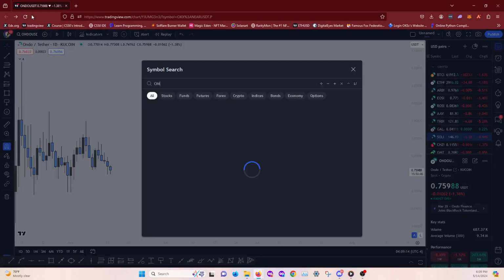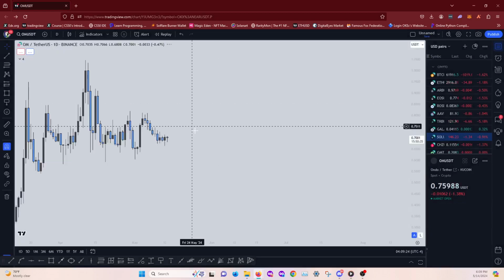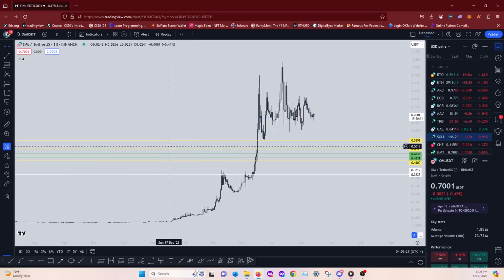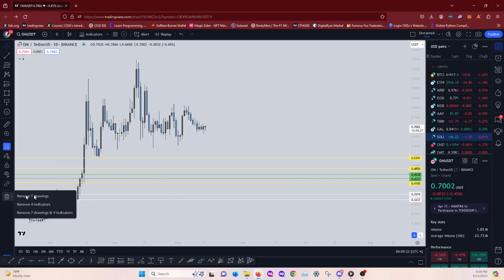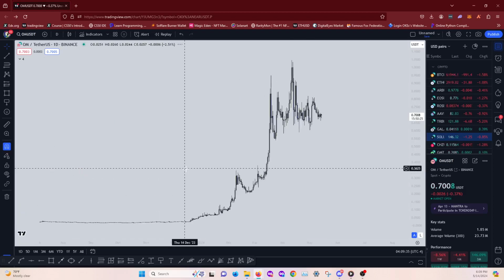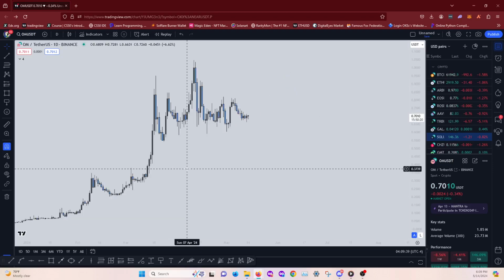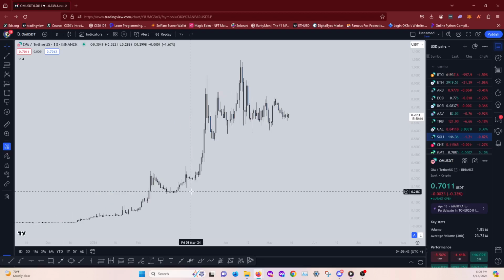So USDT. Wow, oh, I got old lines on here. I don't even know how old they are. So yeah, this has gone crazy. Same sort of thing though. So buy model